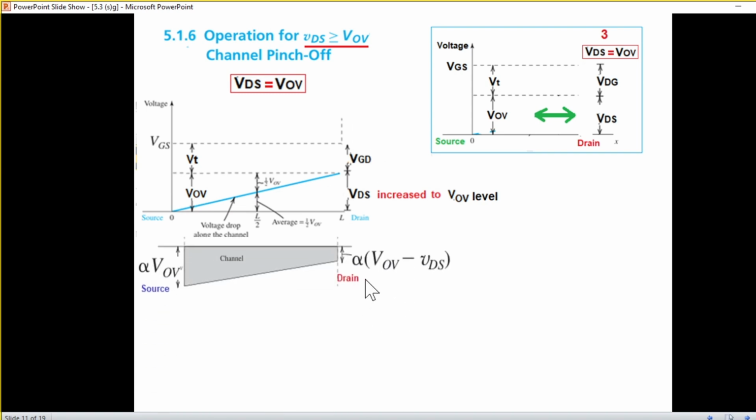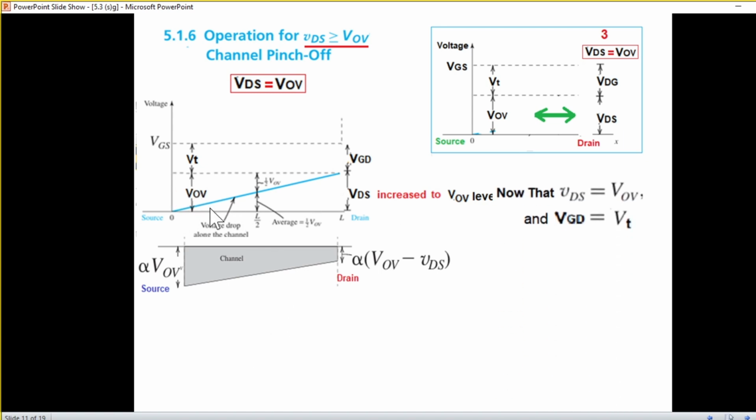And what will happen to the channel depth? We can straight away see from here that this is the effective part. Now this is the voltage drop. So the effective part, let's mark it